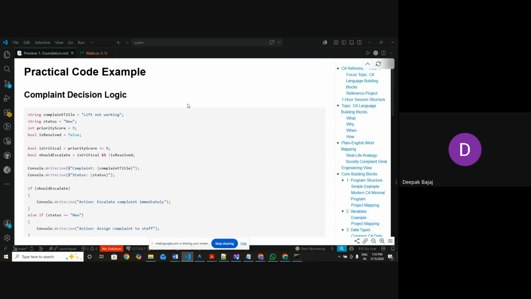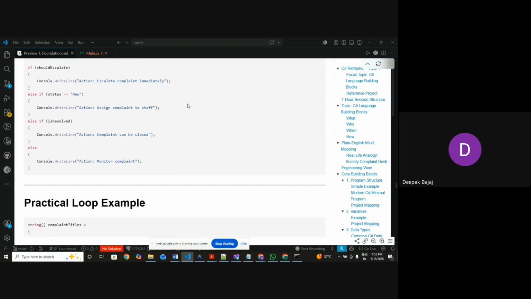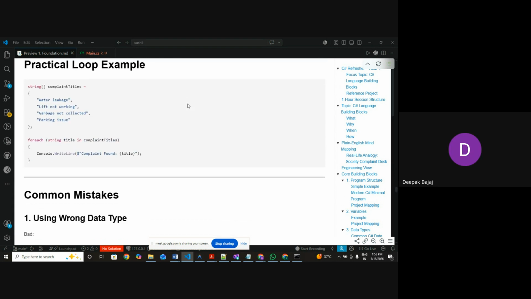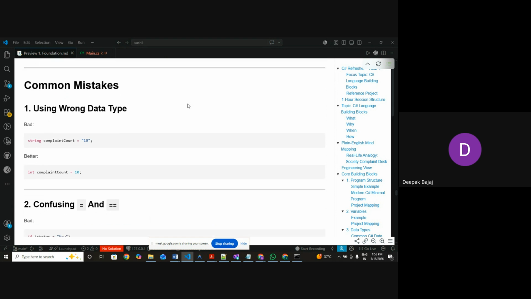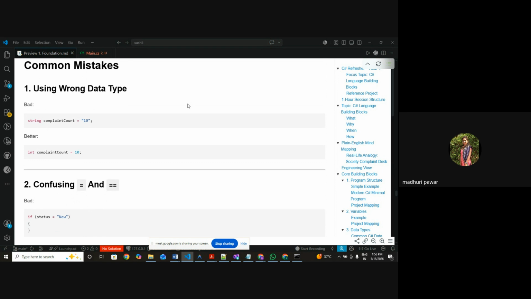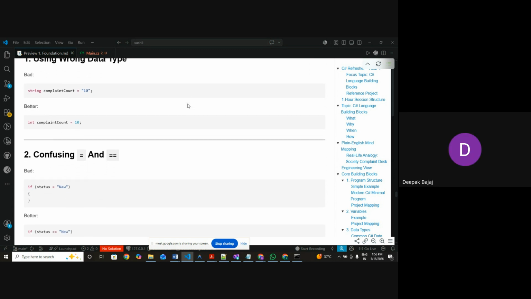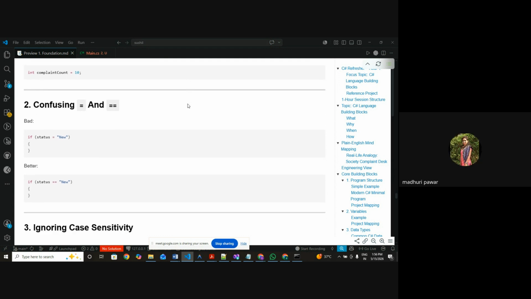This is a practice code which you need to do. You need to add this practice loop example, common mistakes. Please check this. Common mistake: using wrong data type. String complaint = 10; better is int complaint = 10. You understand what the difference is, why it's a mistake? Yes. Second is confusing